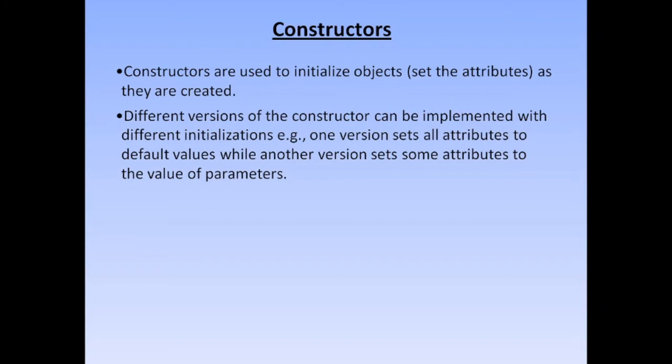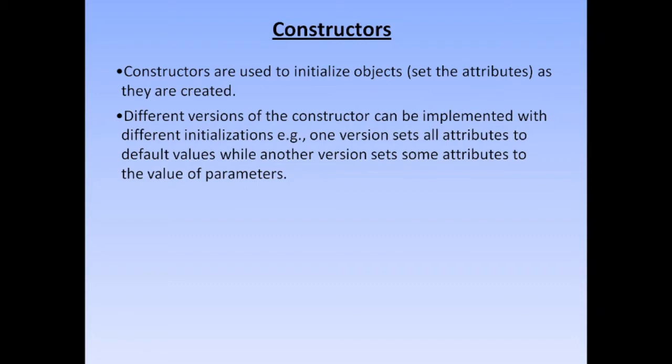Different versions of the constructor can be implemented with different initializations. For example, one version sets all attributes to default values, while another version sets some attributes to the value of parameters. Now what happens is we use constructors to initialize the values of the attributes in a class. Now this can be done in many ways. We can have different overloaded forms of the constructor having different types of attributes inside the parameter list, and at the time of making or instantiating an object,